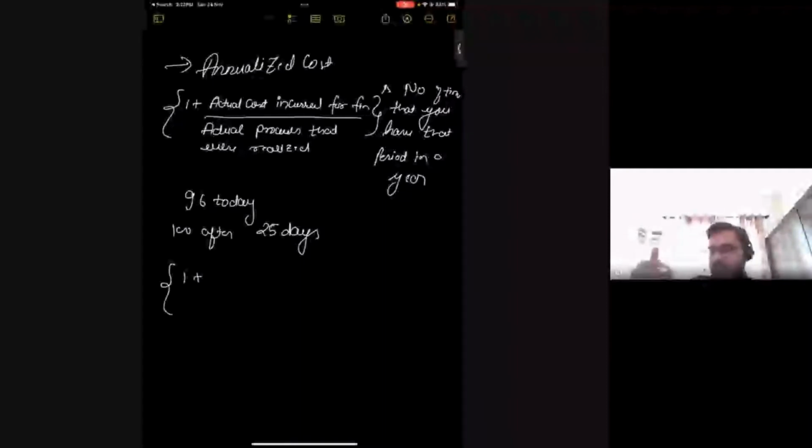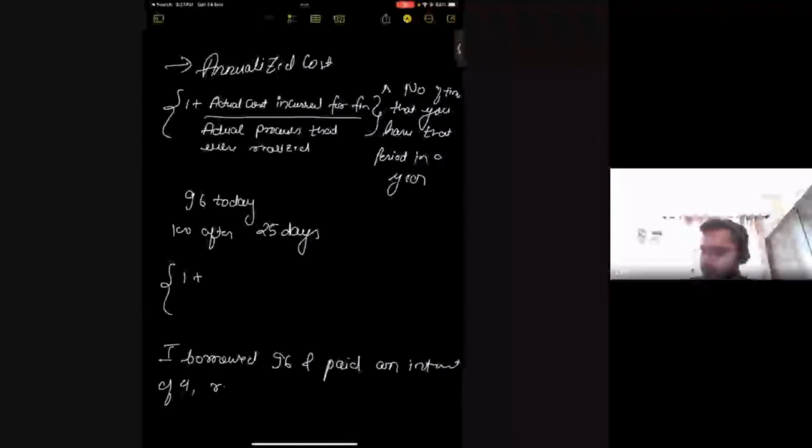I can pay 96 today or I can pay 100 after 25 days. It's exactly like if I have to write it in terms of borrowing, I will say I borrowed 96 and paid an interest of 4, repaying 100 in total